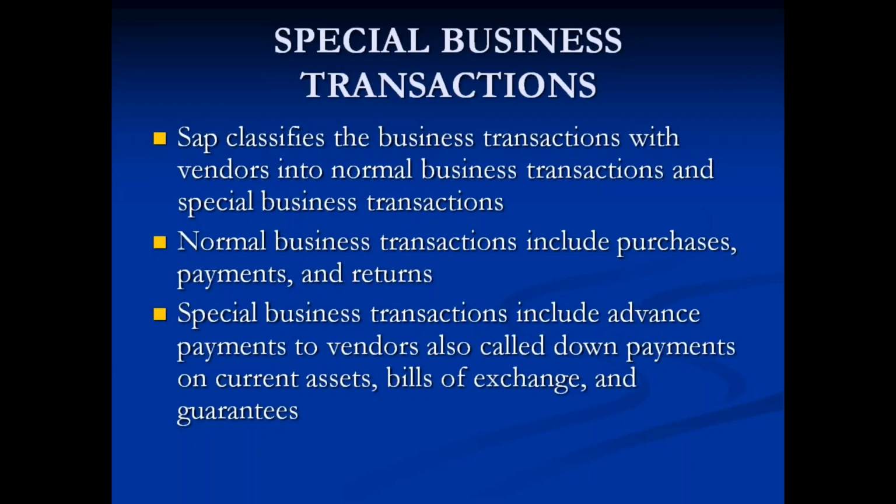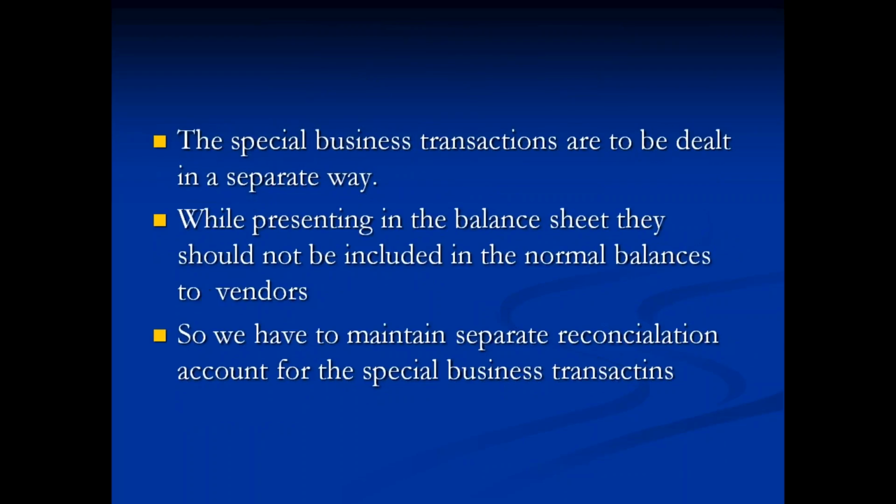we have those transactions which will have the advance payment to our vendor, also called the down payment, TP on the current asset, bill of exchange and guarantees. So here it is saying that the special business transactions are to be dealt with in a separate way. What is the separate way? It is saying that while presenting